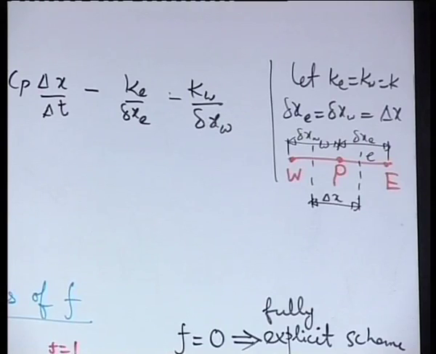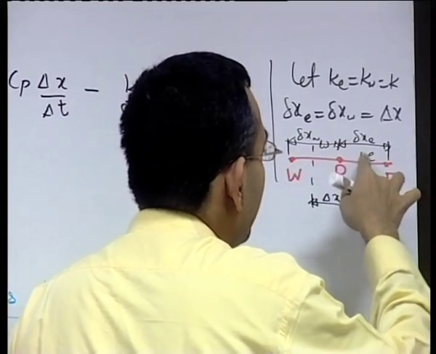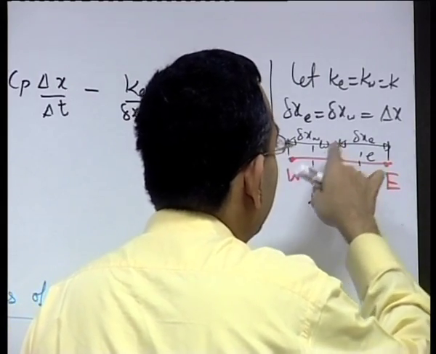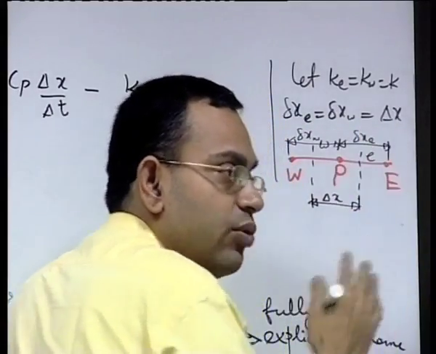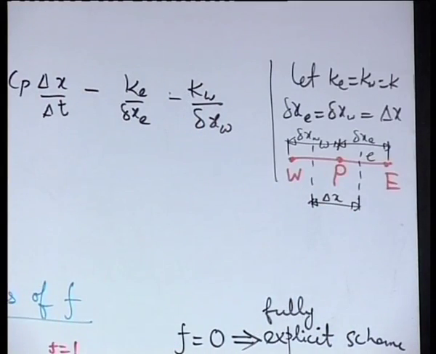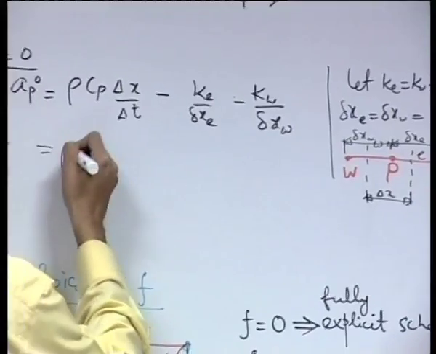Then, if you have the grid point midway between the faces of the control volume, you can have delta Xe equal to delta Xw equal to delta x, that is, uniformly laid out grid points. So, if that is the case, then we can write this as rho Cp